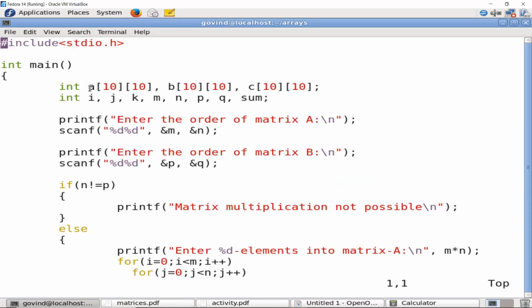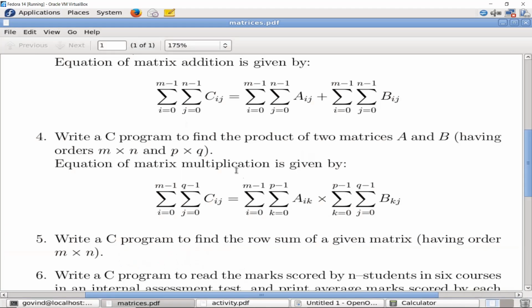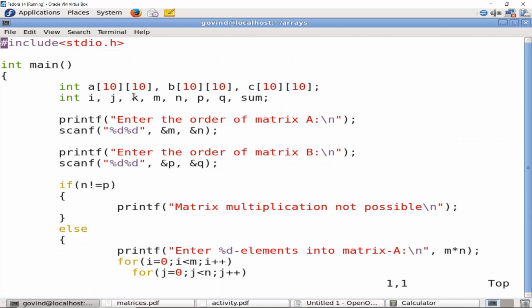I have taken three matrices A, B and C, restricting the size of the matrix to 10. I require I, J, K because in this notation we also have K, hence I require a third loop variable which is K. M and N for the order of matrix A, P and Q for matrix B, and sum to find the sum of products.